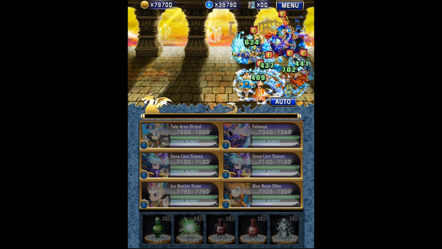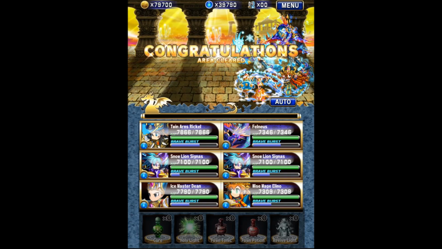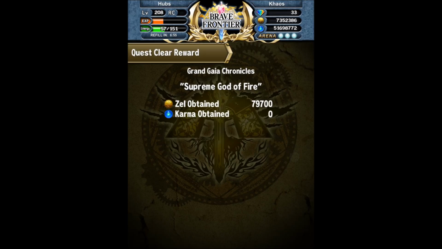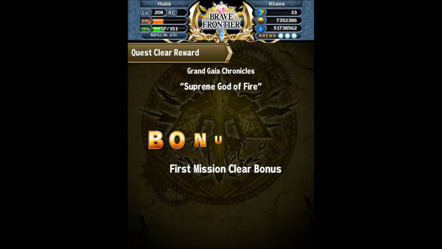But anyways, that is how I beat Vargas Dungeon Level 3. I'm gonna say, I didn't need to use a gem. I got screwed over, unbelievably screwed over. And I got my